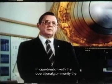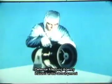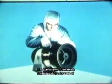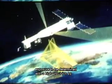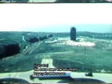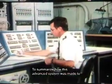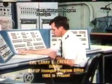In coordination with the operational community, the Defense Mapping Agency assisted in the development of a solid-state stellar device, which would enable the panoramic camera's attitude at the instant of exposure to be determined with high precision by filming the star fields. We have seen the abundant legacy that Hexagon has bestowed on both the intelligence, mapping, and charting communities. To summarize how this advanced system was made to yield increasing harvests of data, here is Colonel Larry Kress,